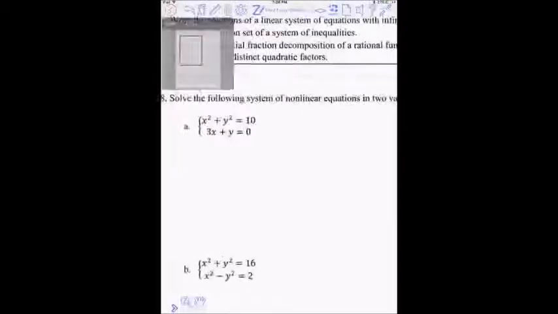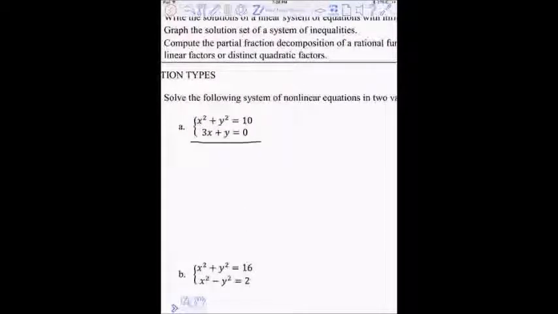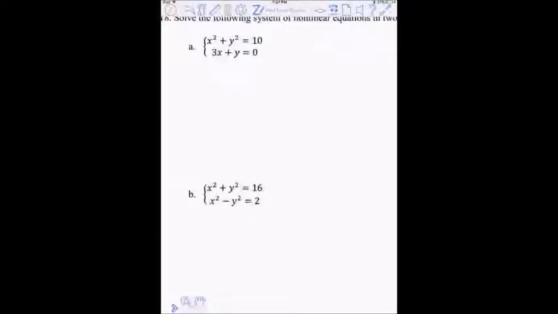What I mean by that, if I were to try to use elimination here and multiply the bottom equation by -1, I can't cancel an x squared and a 3x, and I can't cancel a y squared and a -y. There's nothing there to eliminate because I don't have like terms. I've got a y squared and a y, or an x squared and a 3x. Those aren't like terms. But on part B,